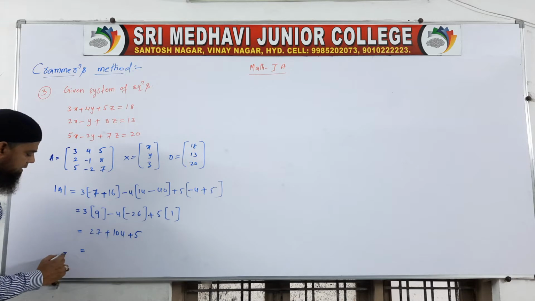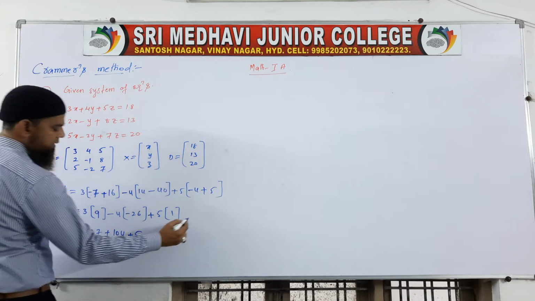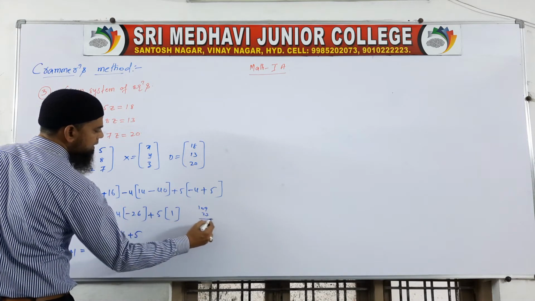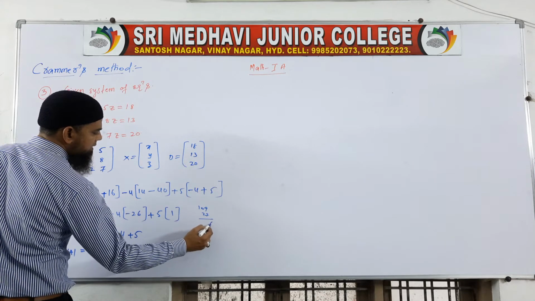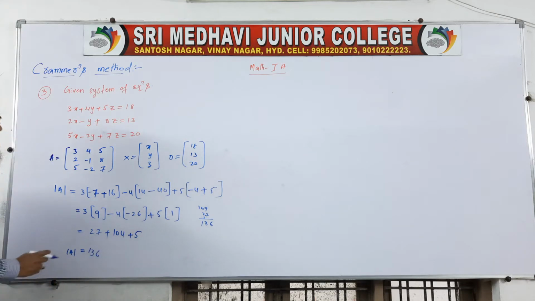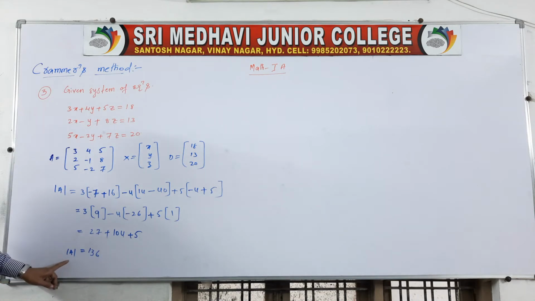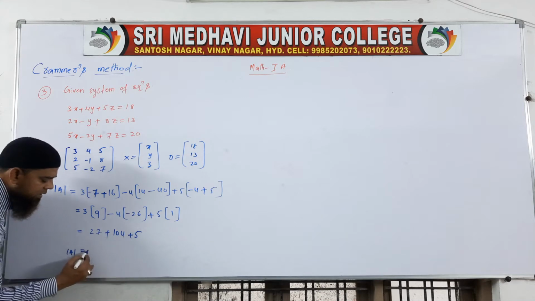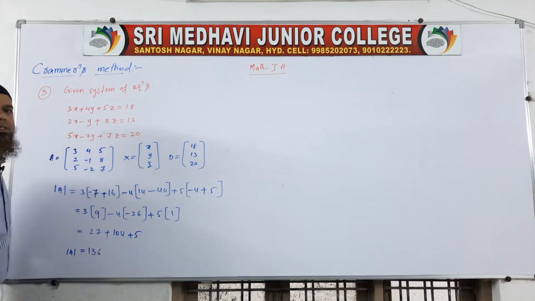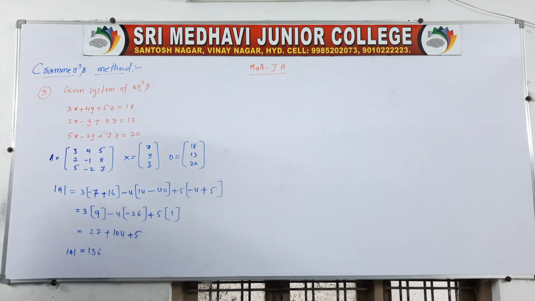When you are adding these numbers, det A is equal to 104, 5, 109, 109, 27. 9, 7, what? 16, 6, 1, 3, 1, 136. See, we are not getting 0 here. See in the board everybody, we are having two cases. If you are getting det A is equal to 0, here only we have to stop the problem, because what we have to write in the next line? Det A is singular. Det A is equal to 0. A is singular matrix, therefore Cramer's method does not exist.